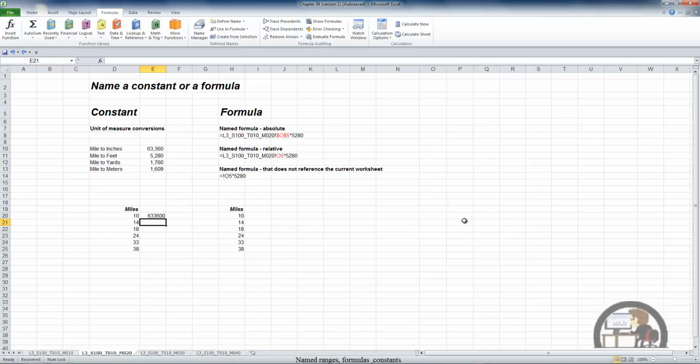So we're going to create a named range that's actually a named formula, and then use it to convert the miles that are listed in column H to feet. Our conversion factor is 5,280 because there's 5,280 feet per mile. So creating a named formula, we can left-click the Define Name